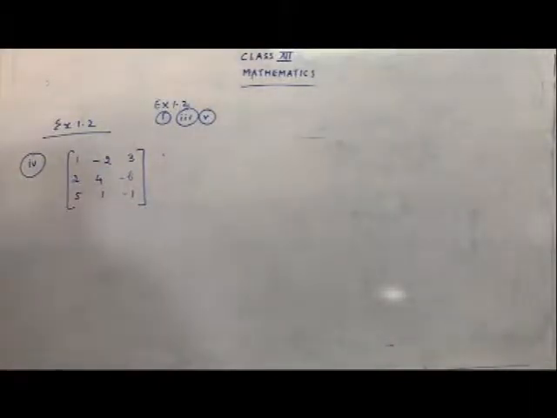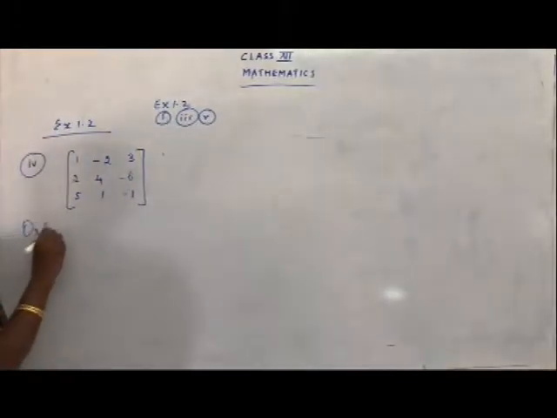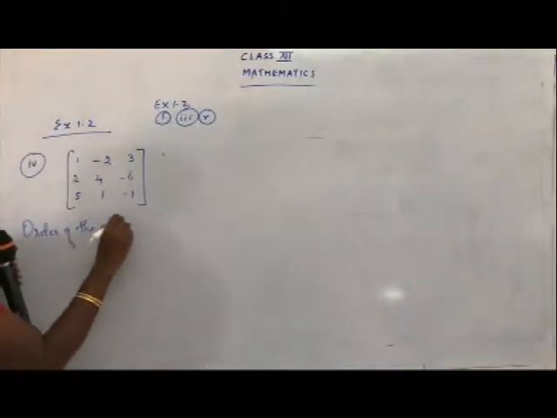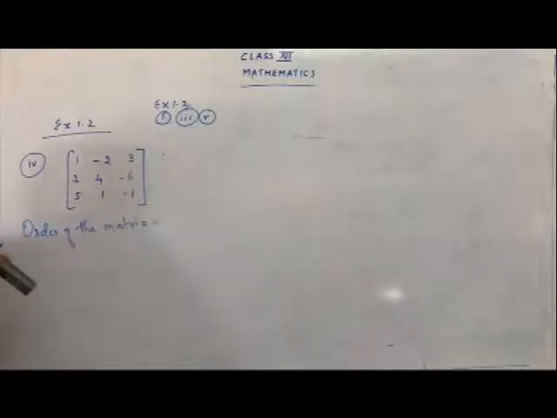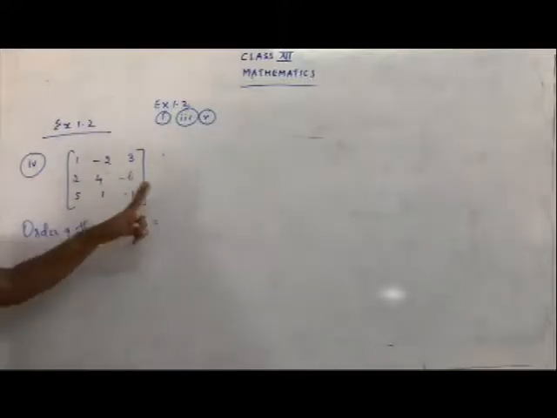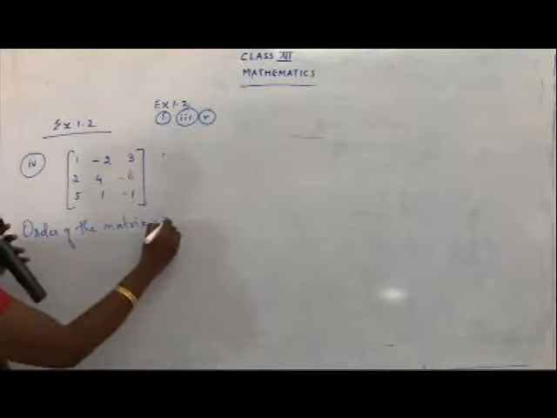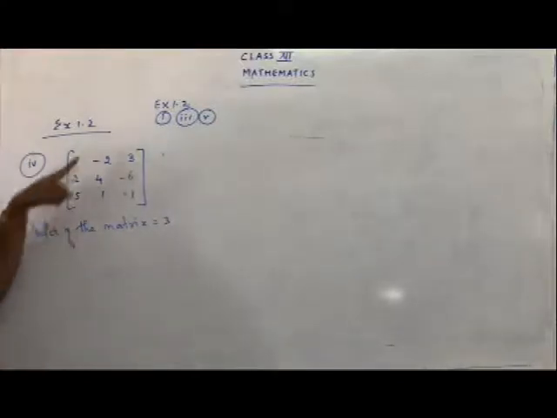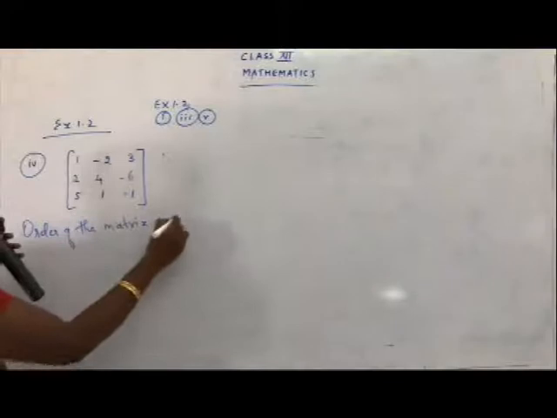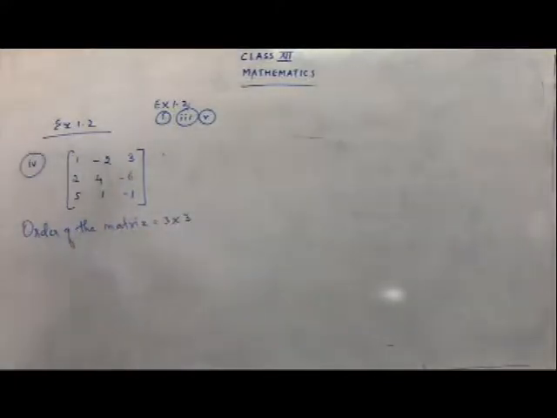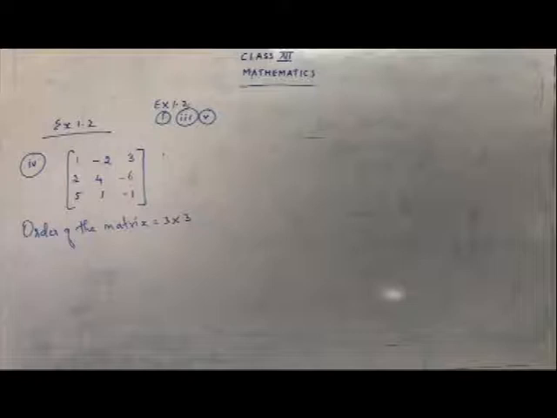The steps go in the normal way. So first of all, you have to find out the order of the matrix. What is the order of the matrix here? Order of the matrix is equal to M cross N. M is the number of rows. What is the number of rows? The sleeping lines: 1, 2, 3. So 3. What is the number of columns? The standing lines: 1, 2, 3. So 3 cross 3. The order of the matrix is 3 cross 3. Number of rows 3, number of columns 3. Okay, now let's go for the second part.